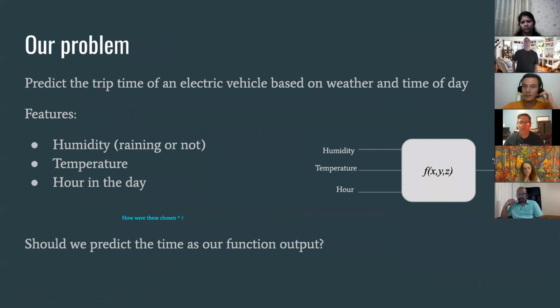All right, so what is our problem? Well, our problem is we have this really nice model of Sumo. We've been doing automotive, and this is a pretty typical AV, autonomous vehicle problem. And that is we want to predict trip time of our EV, of our electric vehicle, based on weather and time of day. Now you might say, well, Google does this. How well does it do it? Kind of whatever, right? Sometimes it's good. Most of the time it's bad. But this is actually a pretty difficult problem, right?